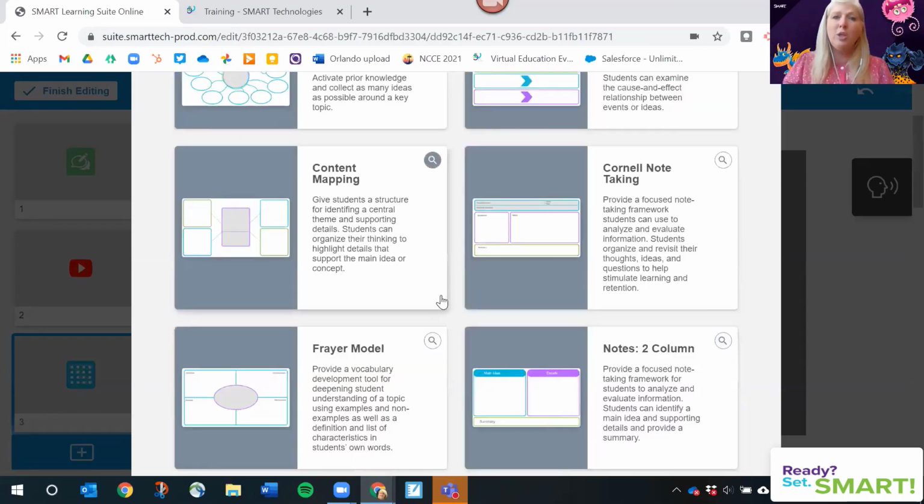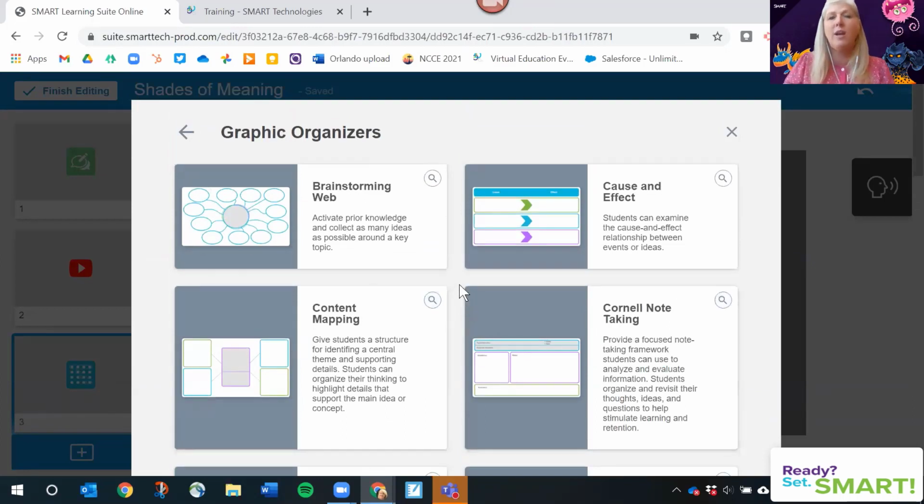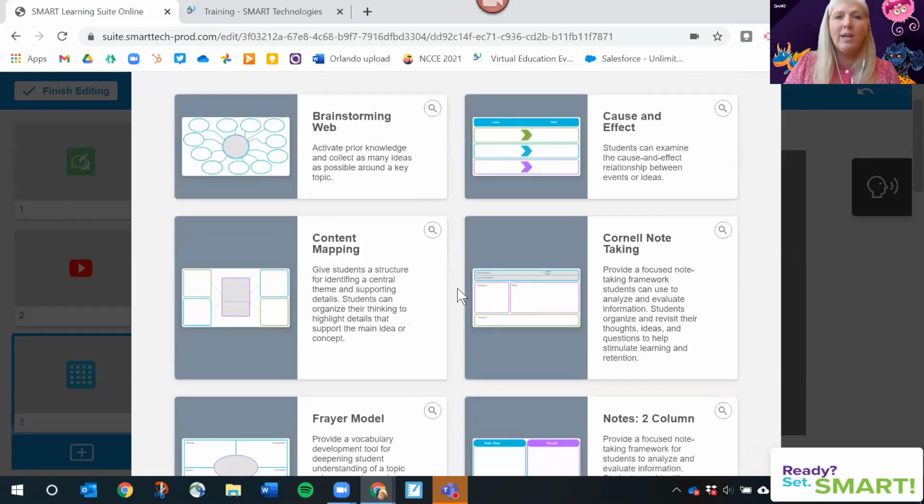Now, I don't know about you, but sometimes just trying to find the right graphic organizer, I don't have time to go out and find that PDF. It's all right here. And I feel like we have some really fabulous graphic organizers that have so many open-ended ways of using them. And if you are into focused note taking, we do have a Cornell note taking